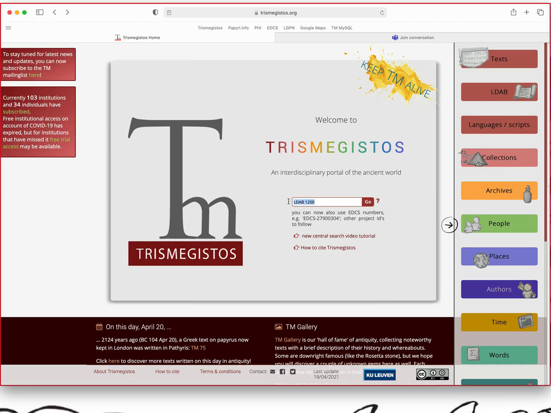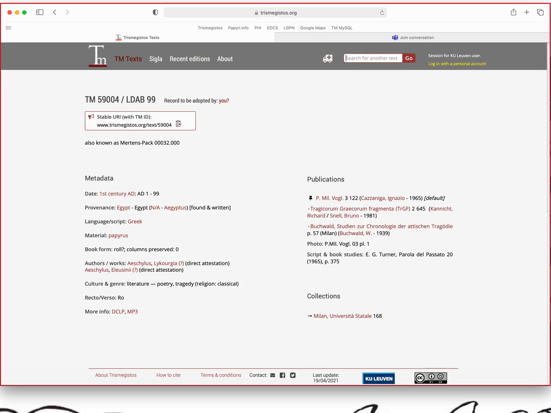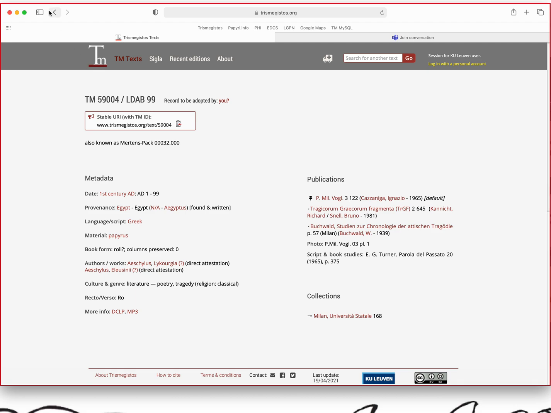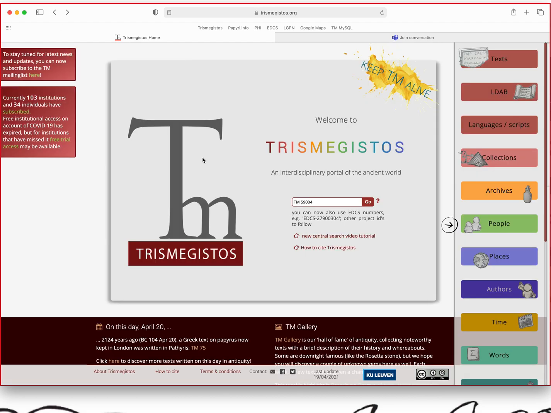Same goes for the next part of the first exercise. So TM 59,004, you just give in TM 59,004 on the home page, and you're brought directly to the detail page. We also use, like I said, other abbreviations as well. So the next one, 5Q12, is